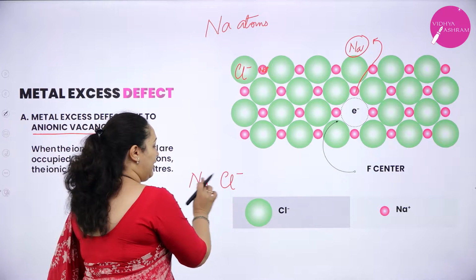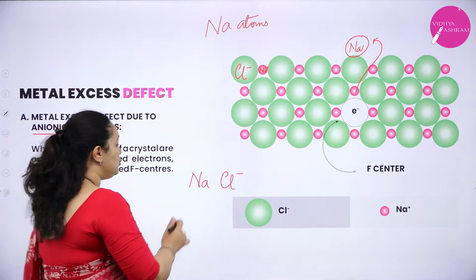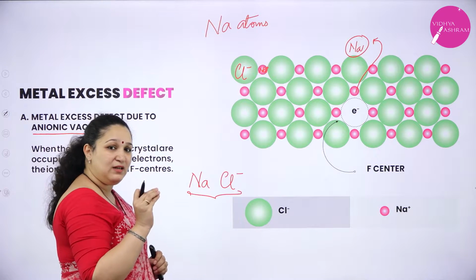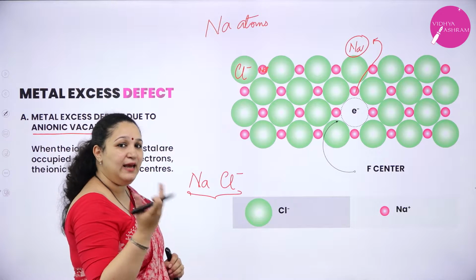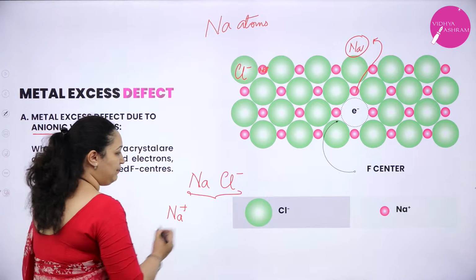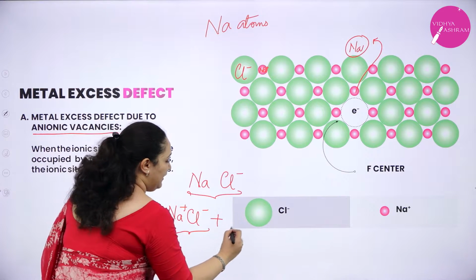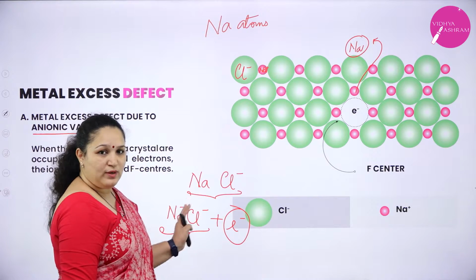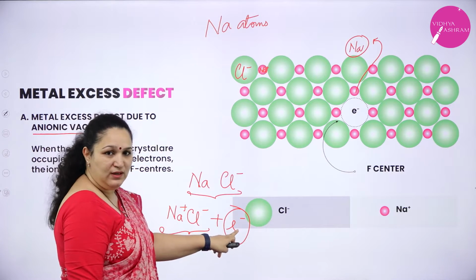Now this chloride ion wants to form sodium chloride with the sodium atom. When it forms sodium chloride, sodium is in the form of a metal, it is not Na+. In sodium chloride, how is sodium present? It is present as Na+, correct? So sodium will lose an electron to become Na+, and with Cl- it will form sodium chloride, liberating one electron. One extra electron will be liberated by our sodium atom. Sodium atom will get converted to sodium ion to liberate one electron.